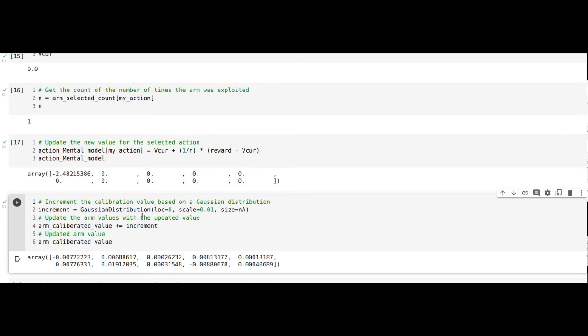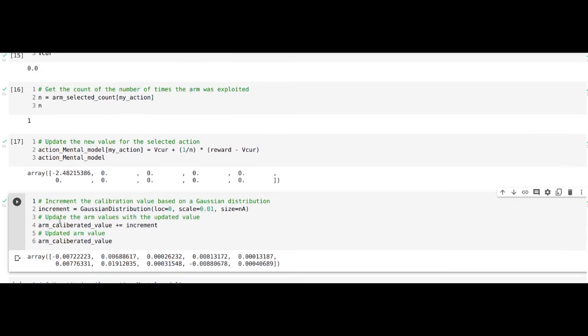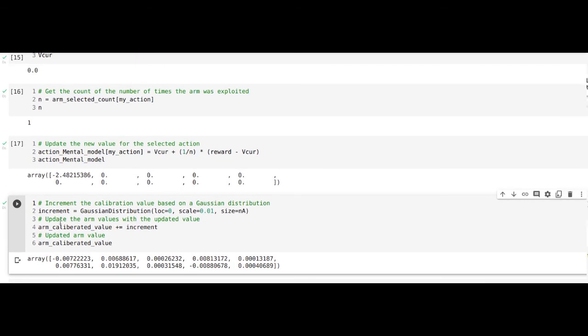We find the incremented value for all the arms, and then we increment the arm's reward value with that increment. So the new value of the reward function would be the non-stationary reward. This keeps on adding up and iterating as and when. This is the characteristic of the non-stationary reward: it keeps on changing.